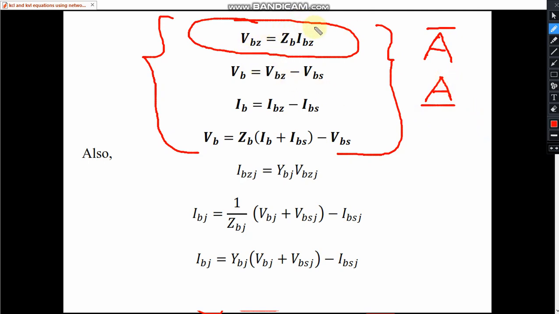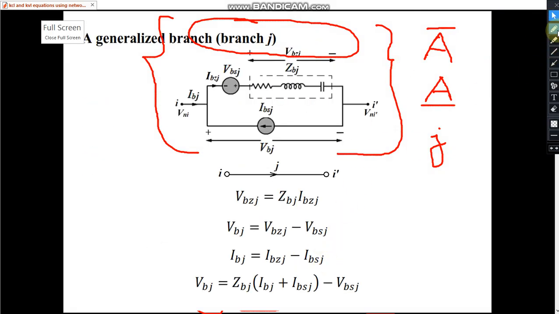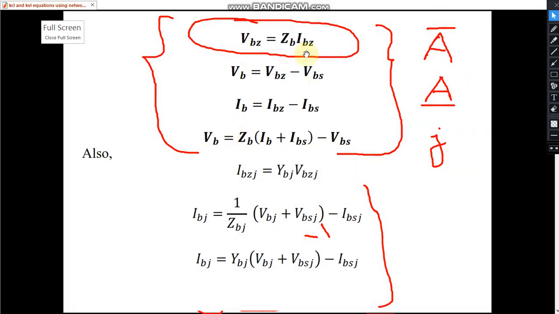So what we are having, we are actually having the same equations. Now I have made them bold. Another thing is that this J subscript has been dropped. Okay, now there is no more this J subscript. So what I did, I simply deleted this and made this bold. So all these equations have become the equations like this. Okay.